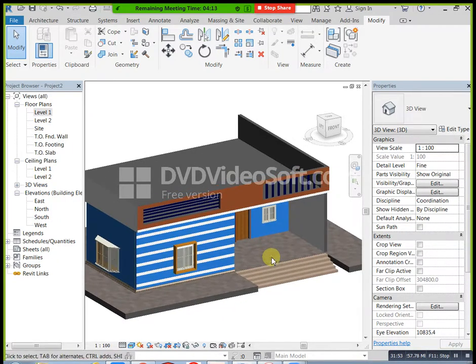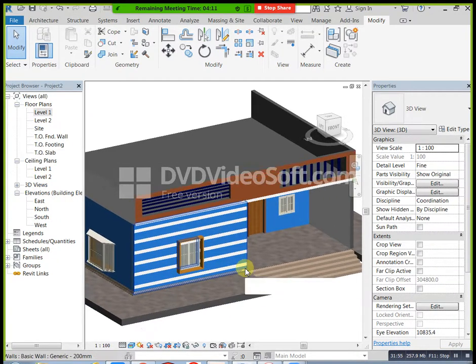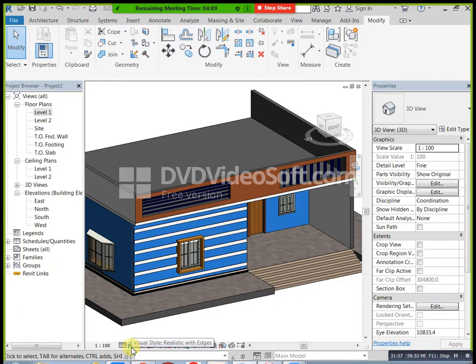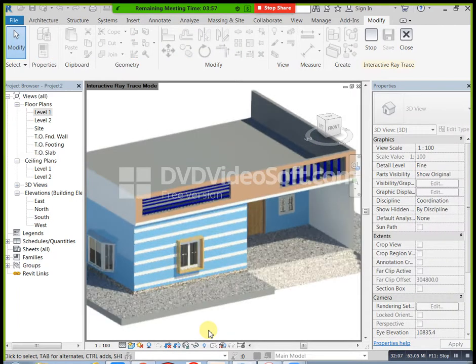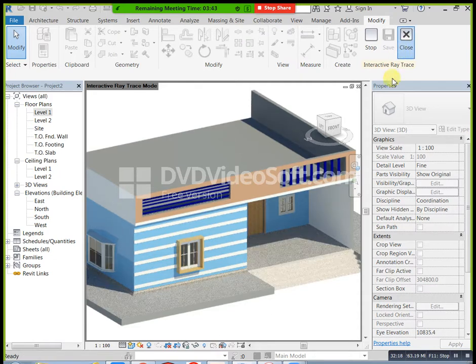I will show elevation to you. Depends upon the requirement, we need to design that one, and our site also.